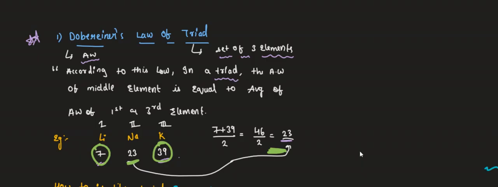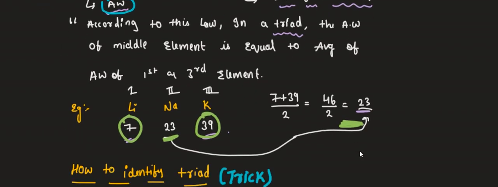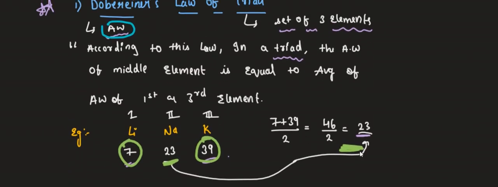So what did Dobereiner do? He took help of atomic weight and tried to explain his ideas regarding the periodic table. What he says is that according to this law, in a triad, the atomic weight of the middle element, triad meaning a set of three elements, is equal to the average of the atomic weights of the first